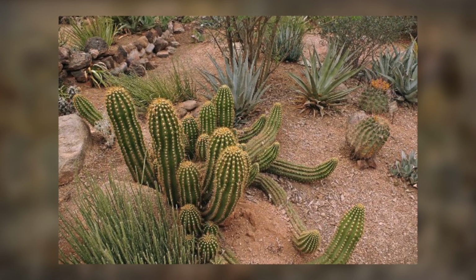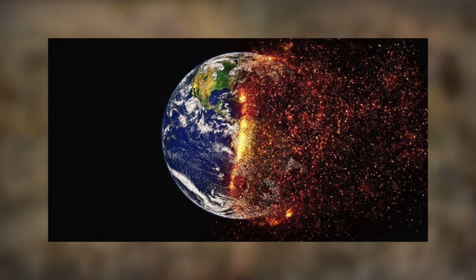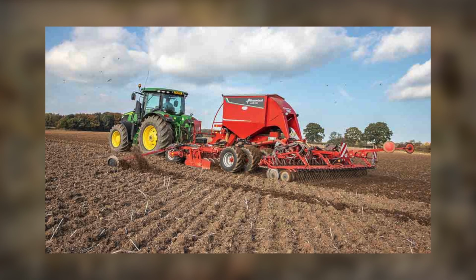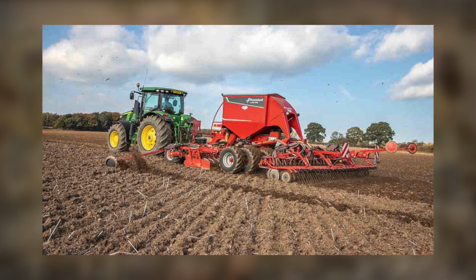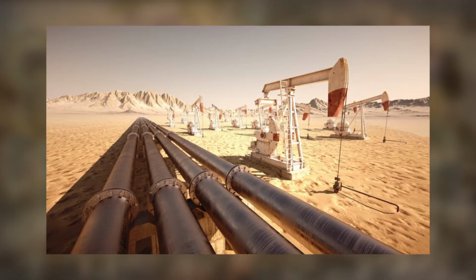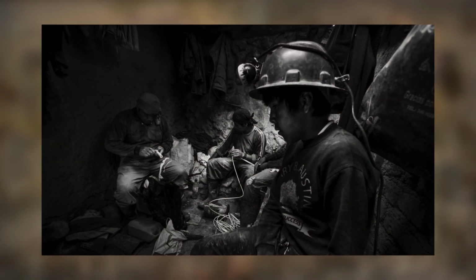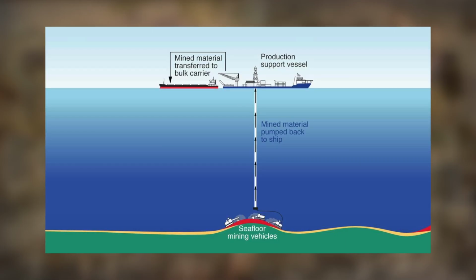The margins of cultivation have been extended by the development of drought tolerant plants, the breeding of animals capable of thriving in hot climates, and new methods of cultivation such as dry farming technology. By creating a demand for minerals, technology has led to human settlement in the most hostile of environments, such as the desert oil fields of the Sahara or the high altitude tin mines in Bolivia, and even the sea floor